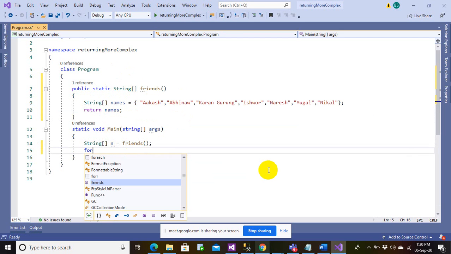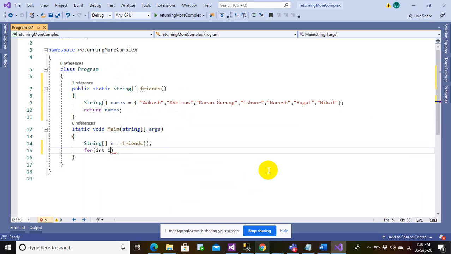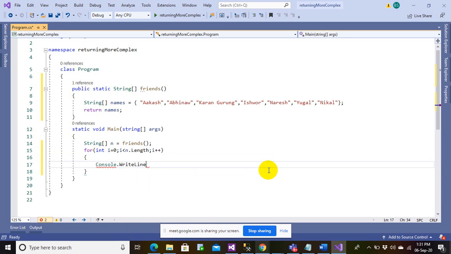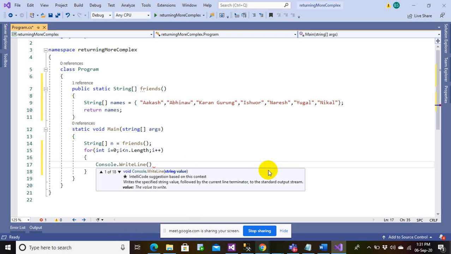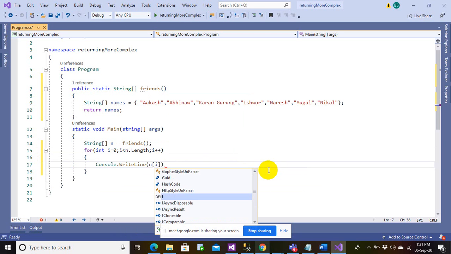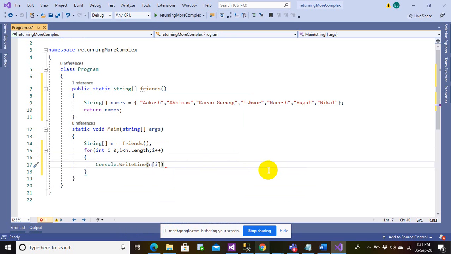For example, for integer i equals 0, i is less than n dot length, i plus plus, and I can read my friend's name here, n[i]. Let's do the second one.